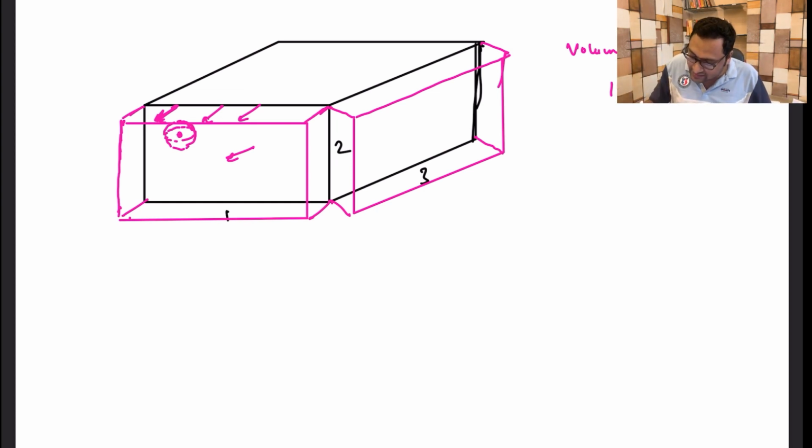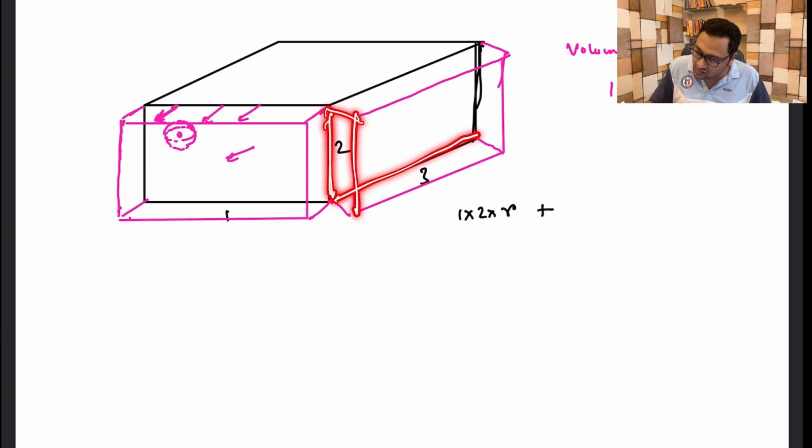Well, for example, for this one, it will be 1 times 2 times R, right? Length times height times width. So it's 1 times 2 times R plus this one will be 2 times 3 times R, 2 times 3 times R,